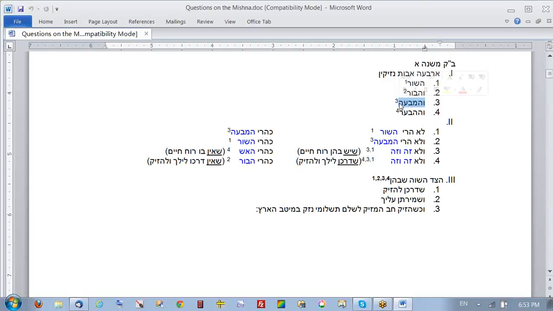The hever is also an unusual word, we said, and we're going to associate that through even a process of elimination with fire. And then the question was, why did it switch from the word hever to eish? Just say shor, bor, mava, and eish. So I think I brought to you last time that one of the Rishonim says, really Rashi is going to tell us that the Torah starts with shor and bor, but those also rhyme. So if it would have said, for instance, adam and regel, it wouldn't rhyme.